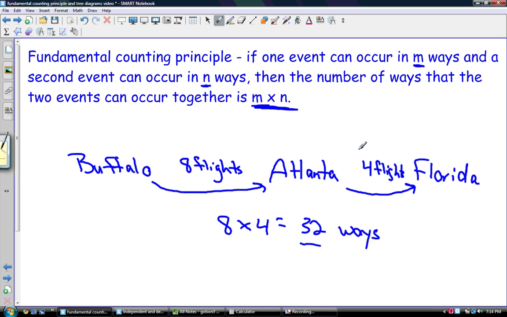If I want to know just the number of Continental, I either need to figure that out here and use the counting principle, or I need to make a tree diagram